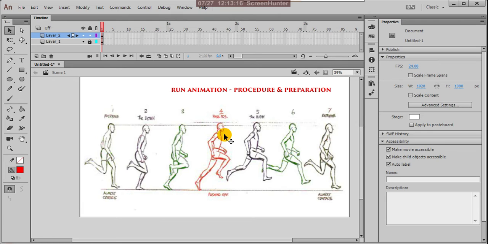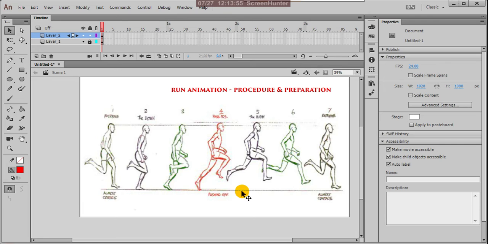Without proper planning, if you start doubtfully or in a hurry, it can be a flop. Then you'll get more corrections in your scenes. So that is the reason, before doing any animation, first understand the storyboard, the sequence, the posing, then you start your animation. So this is a simple procedure and preparation for the work.